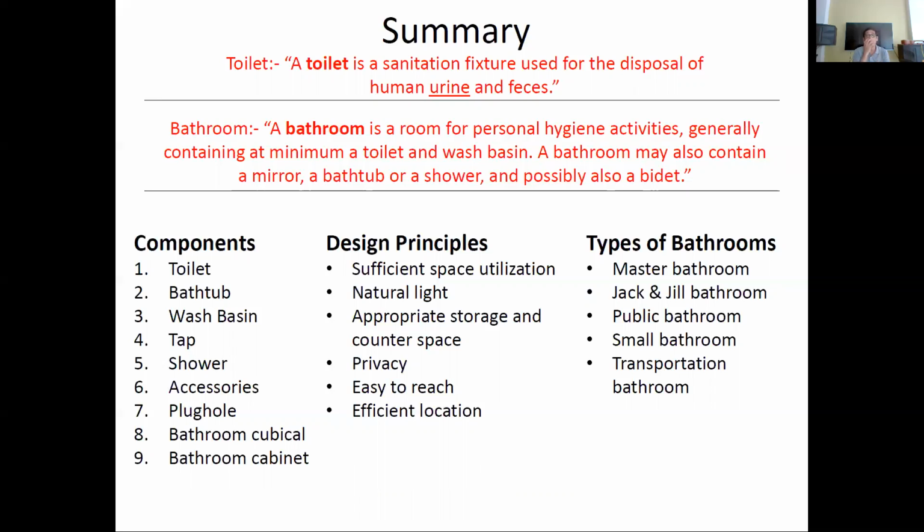The design principles are sufficient space utilization, recommended natural light, appropriate storage and counter space. It should have privacy, easy to reach, and efficient location. The different types of bathrooms are master's bathroom, Jack and Jill, public bathroom, small bathroom, and transportation bathroom.